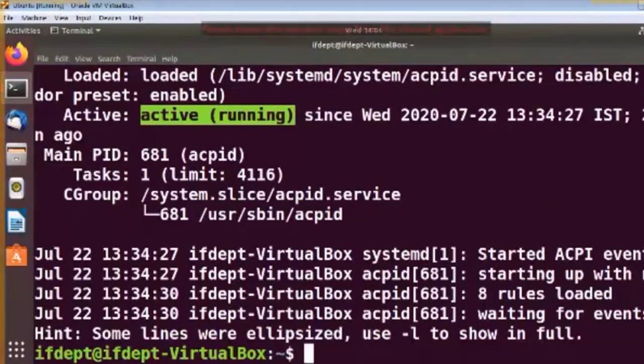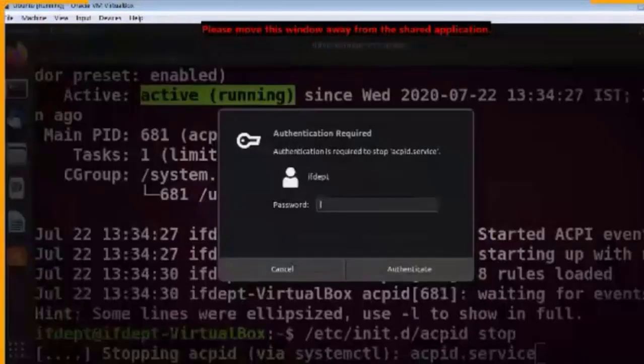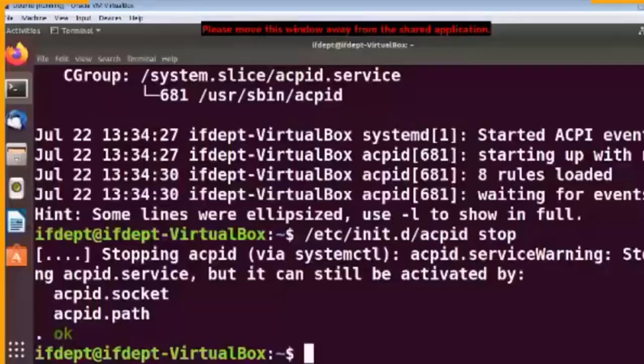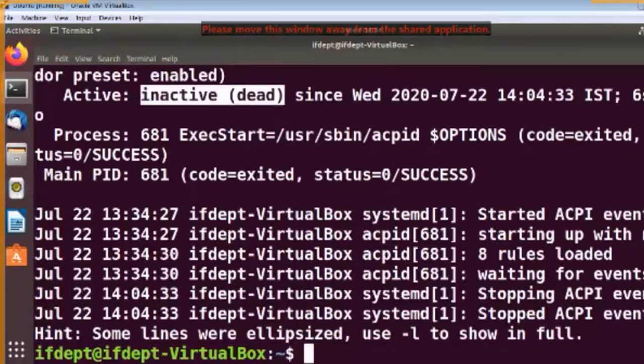Now what I am going to do, I am going to stop this. So stop. Now it will ask me the password. I will type my password and then let us check the status again. So it has now become inactive or dead.